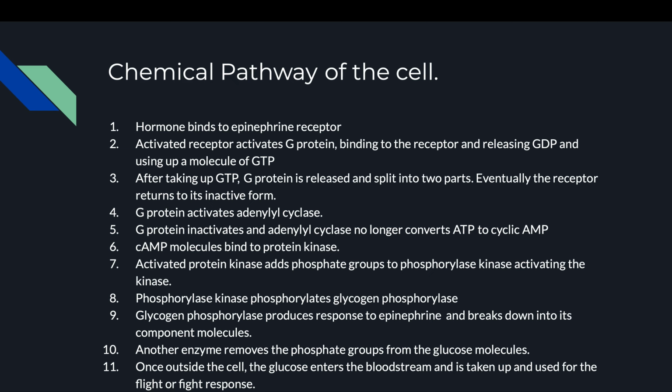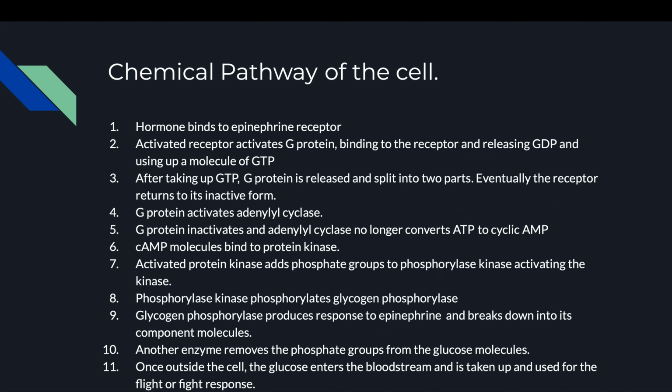cAMP molecules bind to protein kinase. Activated protein kinase adds phosphate groups to phosphorylase kinase, activating the kinase. Phosphorylase kinase phosphorylates glycogen phosphorylase. Glycogen phosphorylase produces the response to epinephrine and breaks glycogen down into its component molecules. Another enzyme removes the phosphate groups from the glucose molecules. And lastly, once outside the cell, the glucose enters the bloodstream and is taken up and used for the fight or